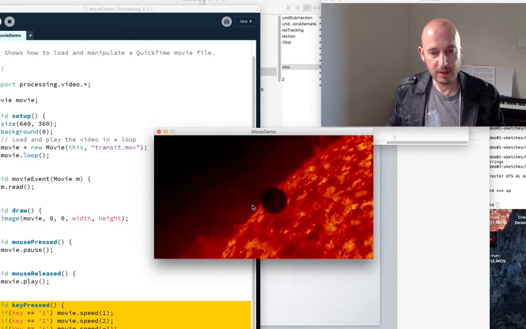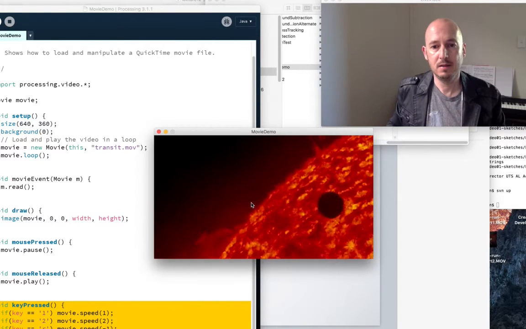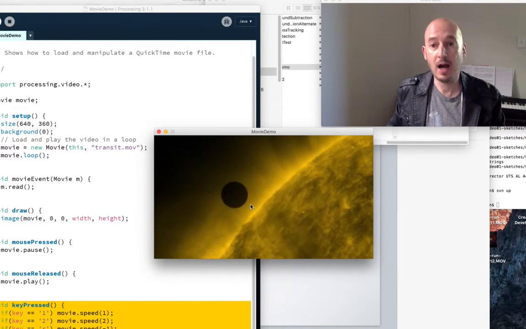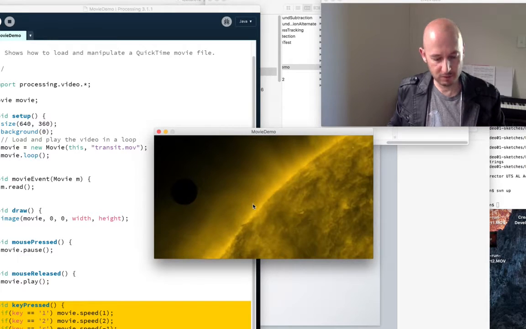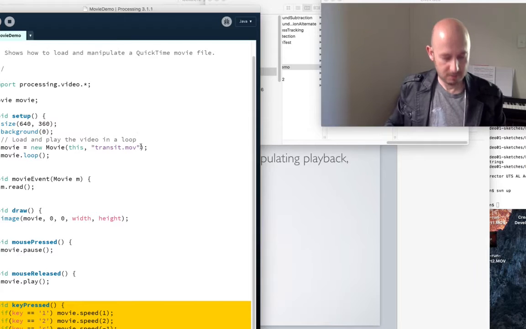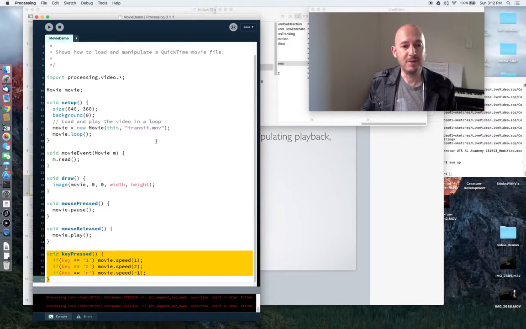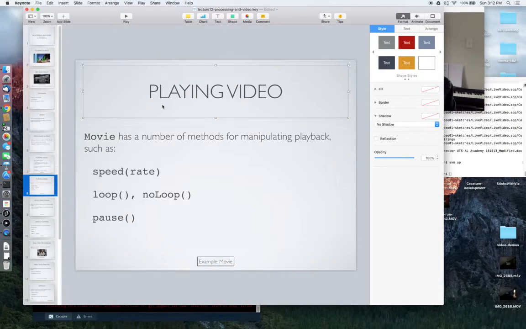And if I hit the R key, the movie will play in reverse. I noticed when I tried this before, it took a little while to sort itself out when it got back to the beginning of the file. But we'll leave that there. But that's how the movie object works, and those are some key methods in it for manipulating the playback of a